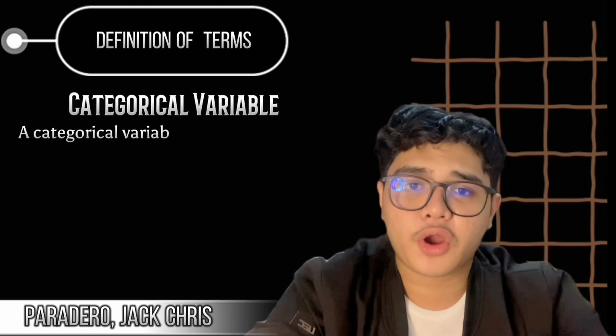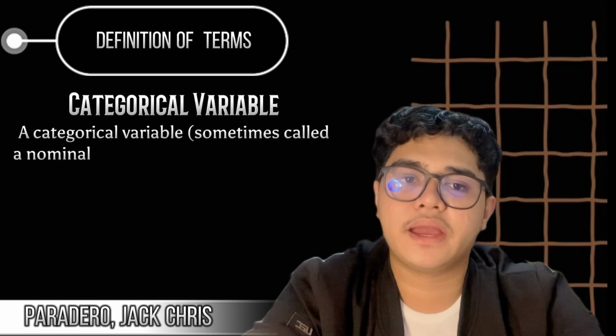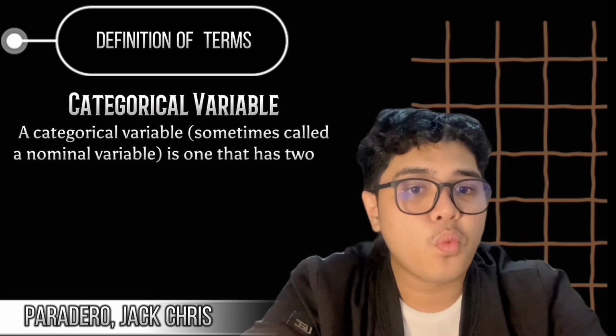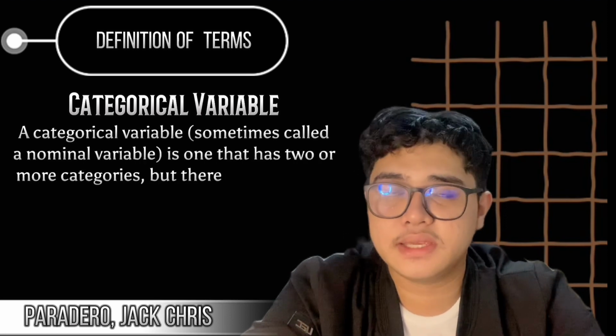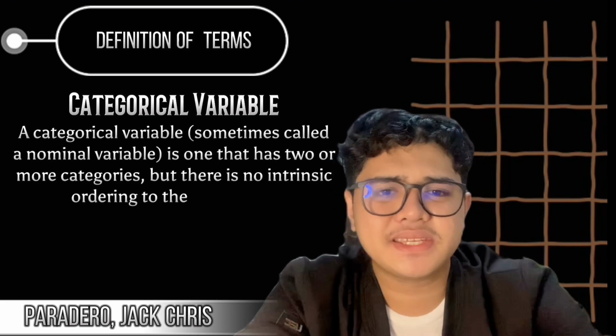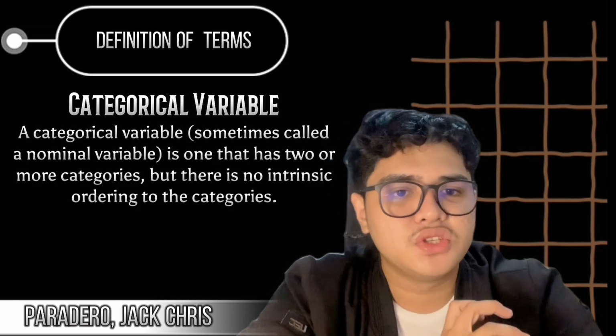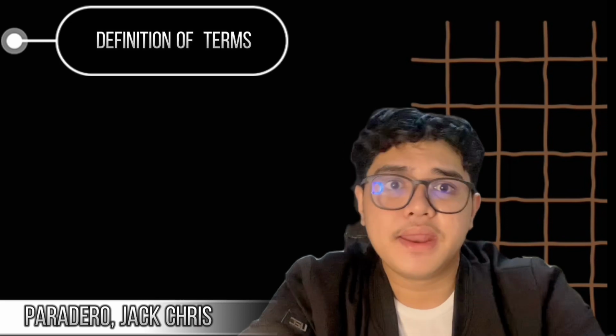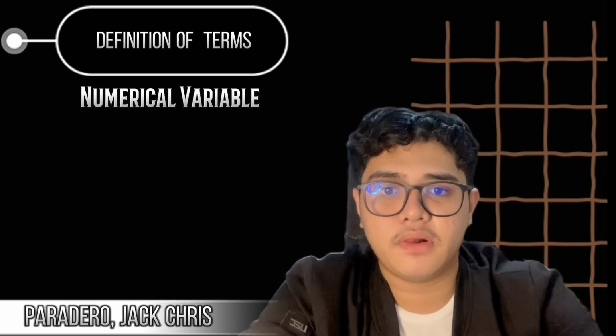When we talk about the categorical variable, this is sometimes called a nominal variable. This is one that has two or more categories, but there is no intrinsic ordering to the categories. That's it. Next, if we talk about categorical, let's also talk about the numerical variable, in which